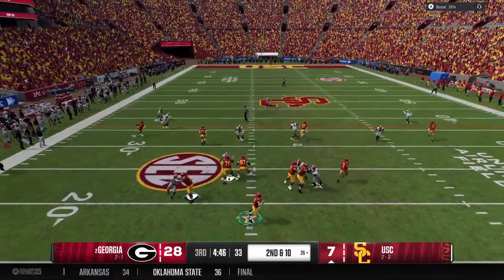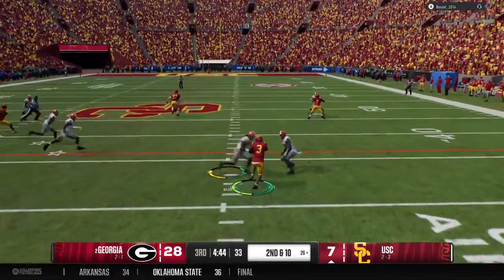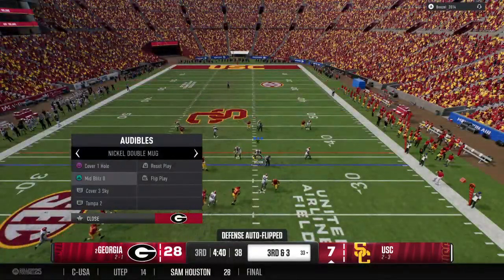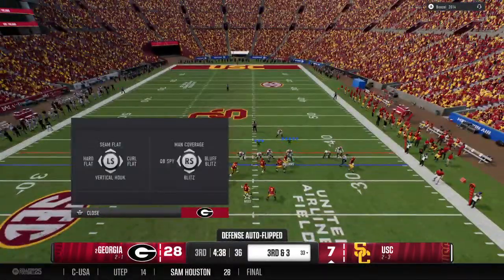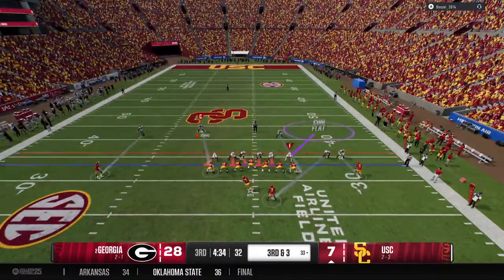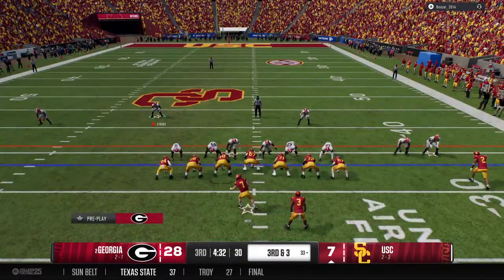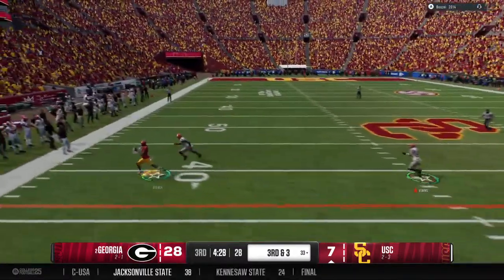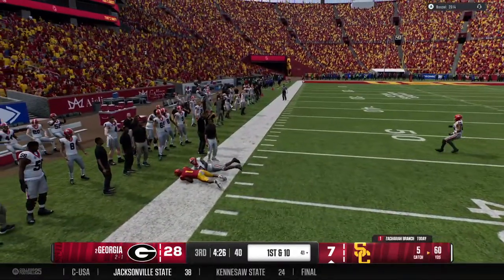In the last couple of weeks, man, you're getting a lot of consistency from this QB. And you got to love it as a play caller. You can drop him back, you can throw the ball a ton, you can trust him. You can get the ball to different wide receivers. He's really in a good groove the last couple of games. Now the quarterback changing the original play call. Quickly complete. Good job